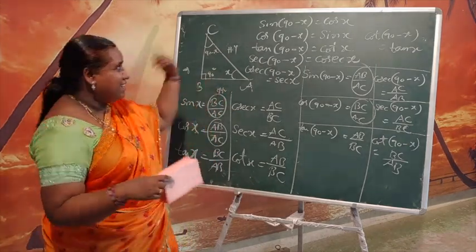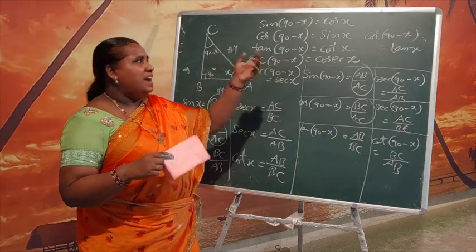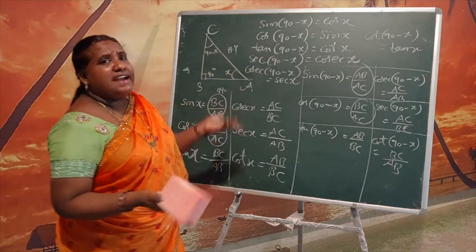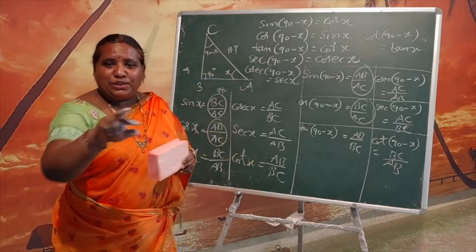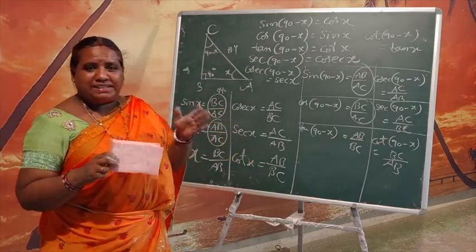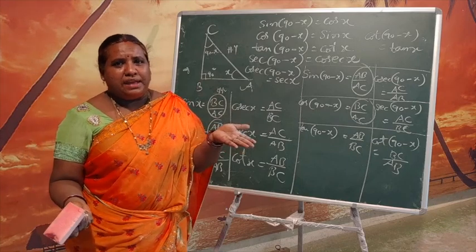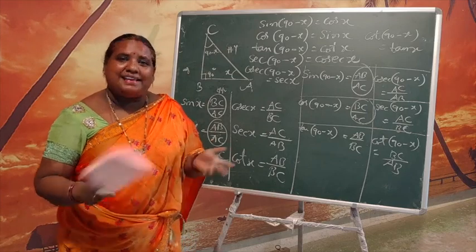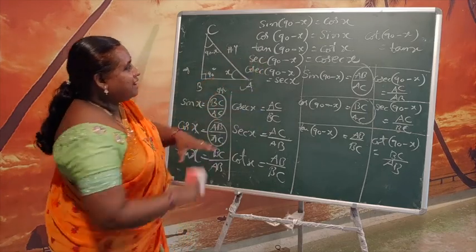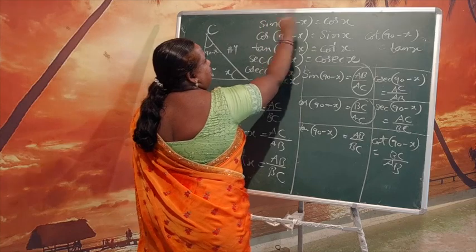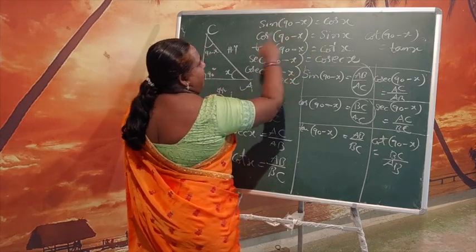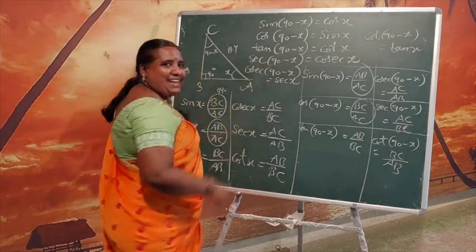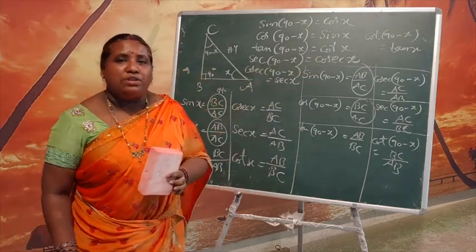So once again, revise: sin 90 minus x is equal to cos x. For example, cos 30 is equal to sin 90 minus 30, which is sin 60. Those two angles must sum to 90. So once again, sin 30 is equal to cos 60. Sin 45, cos 45. Cos 10, sin 80, like this. This is called changing of the ratio. Sin becomes cos, cos becomes sin, tan becomes cot, cot becomes tan, sec becomes cosec, cosec becomes sec. These are the formulas you have to go through.